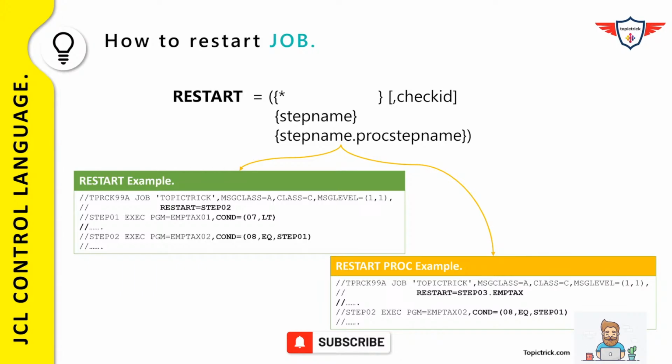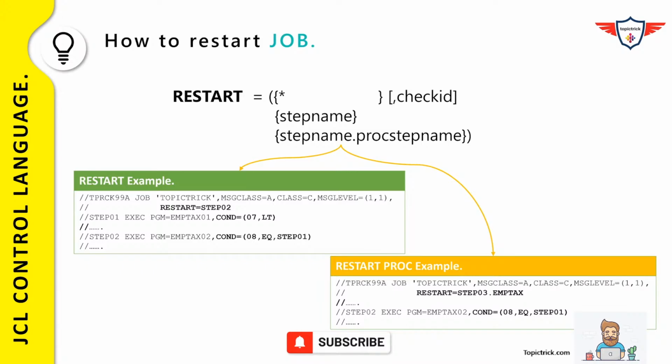restarted from step 2. In the second example, the JCL is using a catalog procedure, and in this case the step from where I want to restart my job is in the catalog procedure. So what I've done is I've used the restart keyword followed by an equal sign. After that the step name, that is STEP03.EMPTEXT, which is actually procstepname. And after including all these details, you simply need to resubmit your job so that you can restart your job